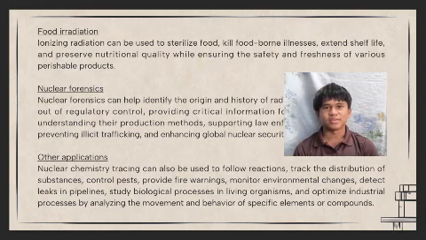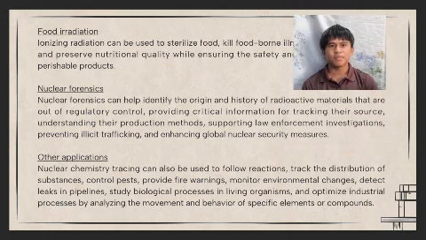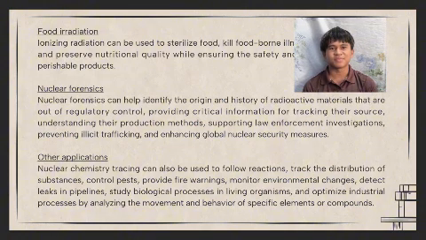Food irradiation. Ionizing radiation can be used to sterilize food, kill food-borne illness, extend shelf life, and preserve nutritional quality while ensuring the safety and freshness of various perishable products. Nuclear forensics can help identify the origin and history of radioactive materials that are out of regulatory control, providing critical information for tracking their source, understanding their production methods, supporting law enforcement investigations, preventing illicit trafficking, and enhancing global nuclear